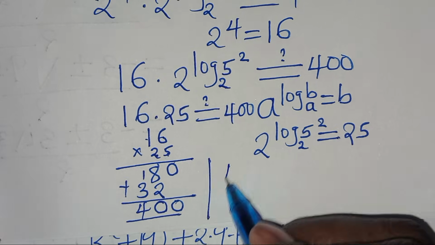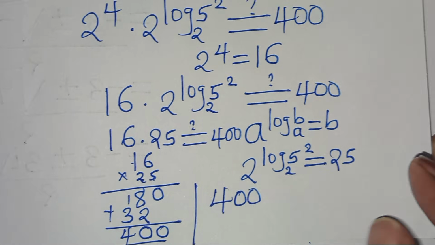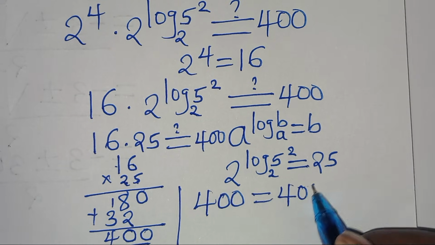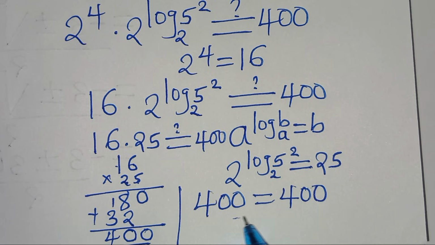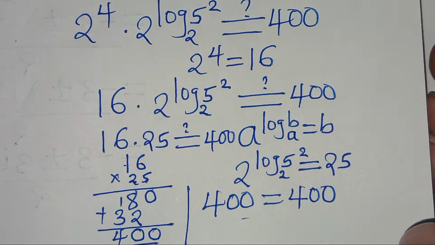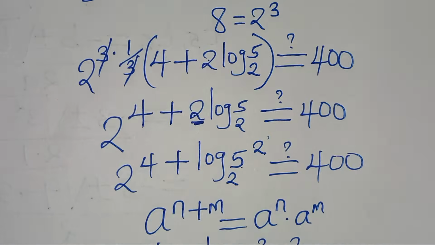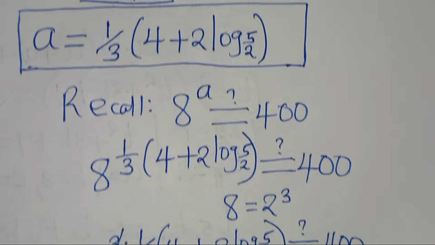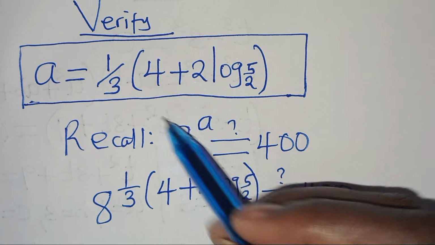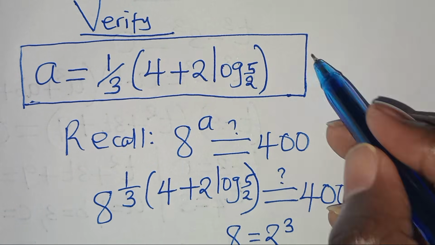Now we have that 400 here is equal to 400. So the left hand side is equal to the right hand side. And this confirms that the value of a, which is actually equal to 1 over 3 into the parentheses 4 plus 2 log 5 to base 2,